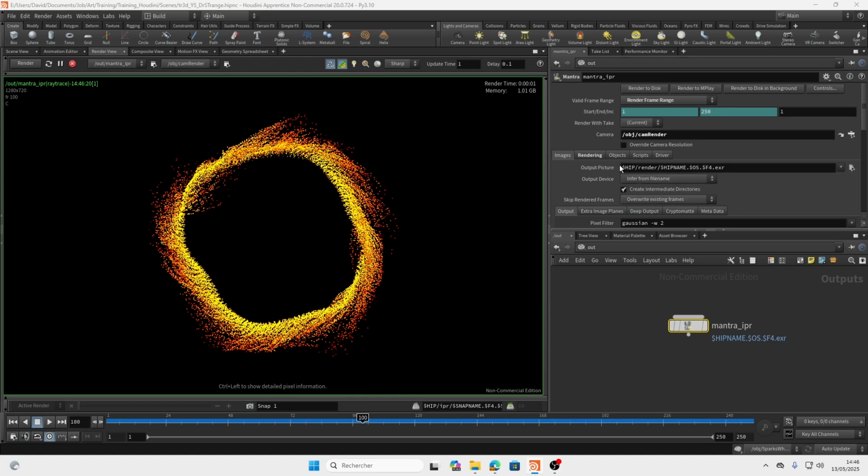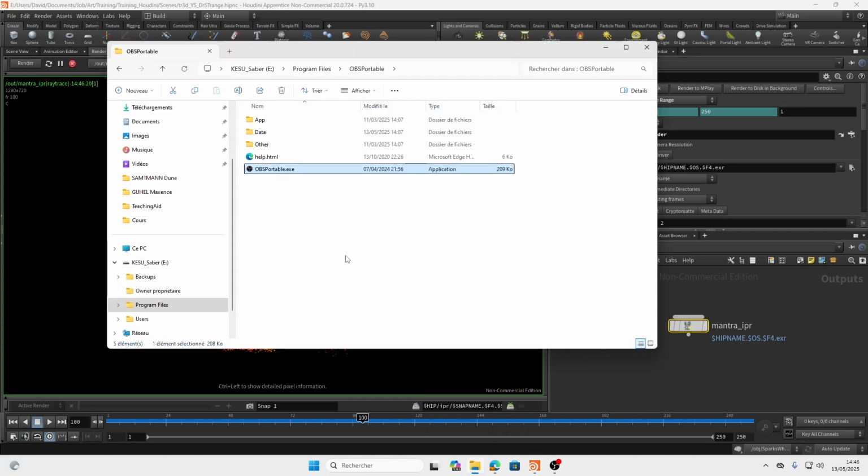And this line is full of variables that we must explain. So the first variable is $HIP. So what does that mean? HIP means current scene, and $HIP means the current folder in which there is the current scene. So for example, if our scene was in this folder,